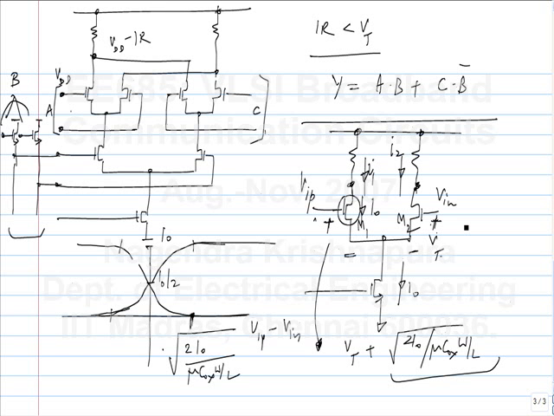If it's in triode region, for it to carry all of the current I0, it has to be greater than this. Is everyone convinced that it will be greater? To carry a given current in triode region, you need a larger VGS. In saturation region, you need a smaller VGS. So if you simply look at the